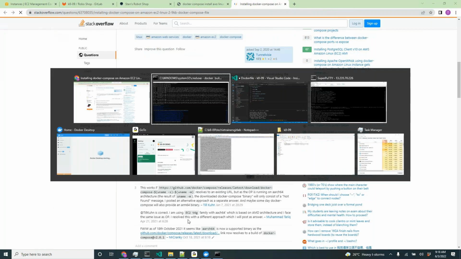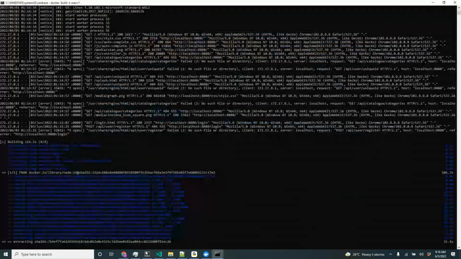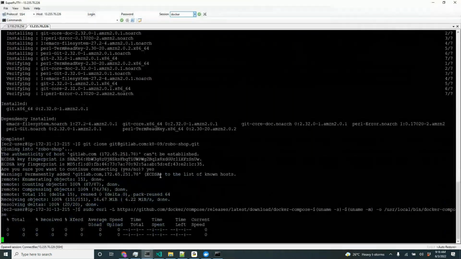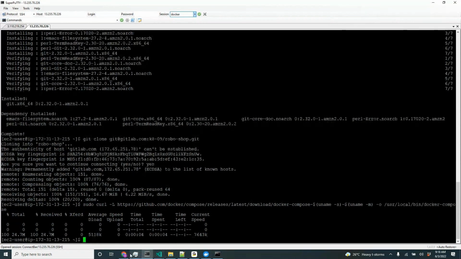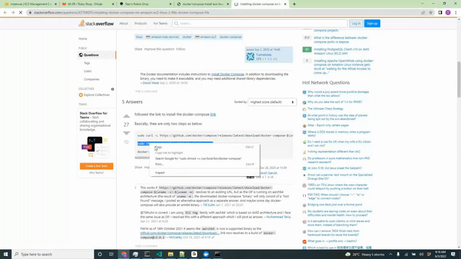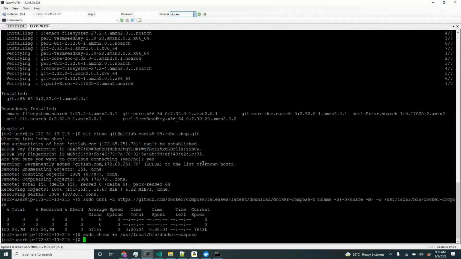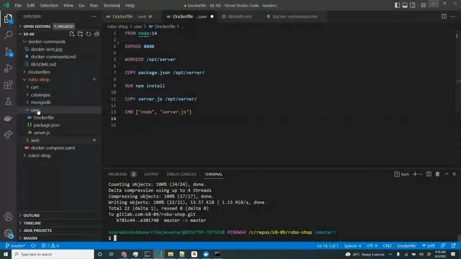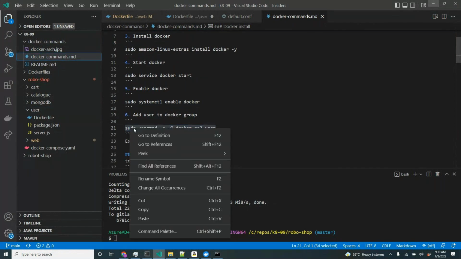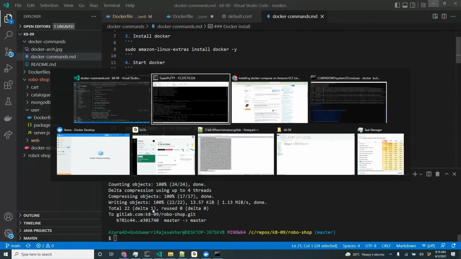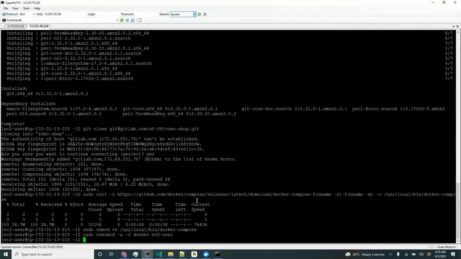So let's go to Linux only. I installed Docker and Docker Compose in Linux. Now let us do